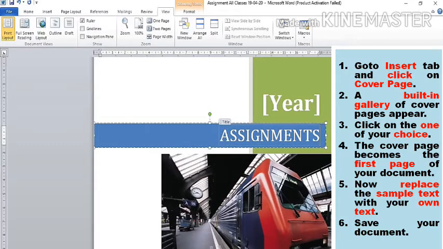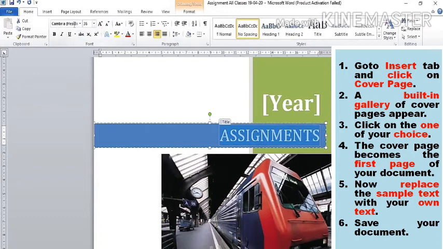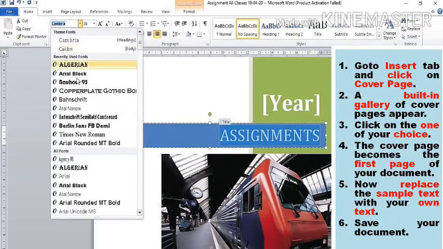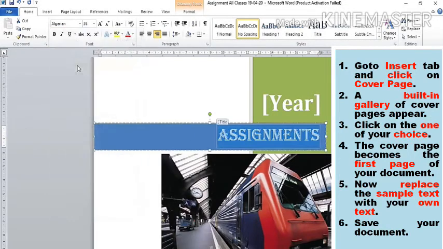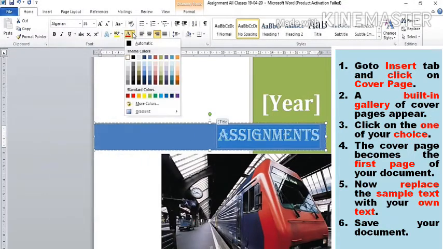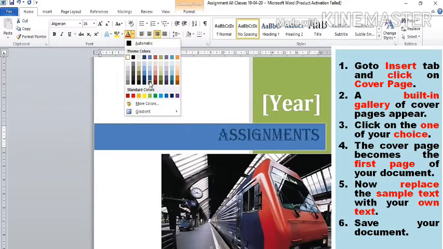If I want, I can select it and change the font and color. I can change the font to Arial Black, or maybe this one, Bauhaus or Algerian. Change the color to a deep blue, or maybe this, or maybe this, or this one.